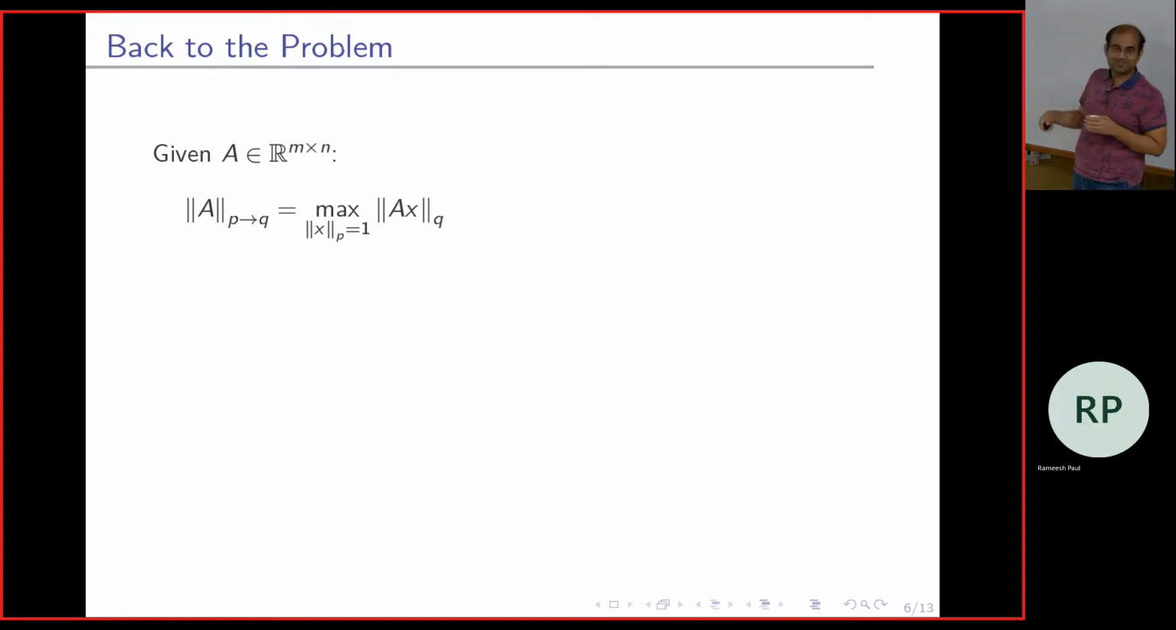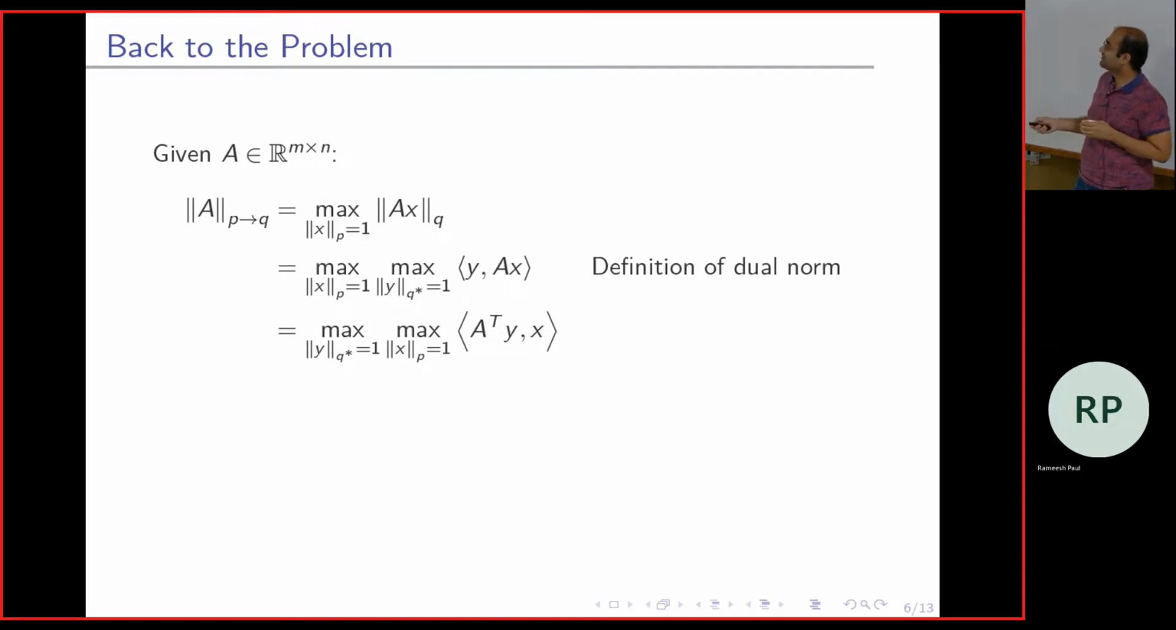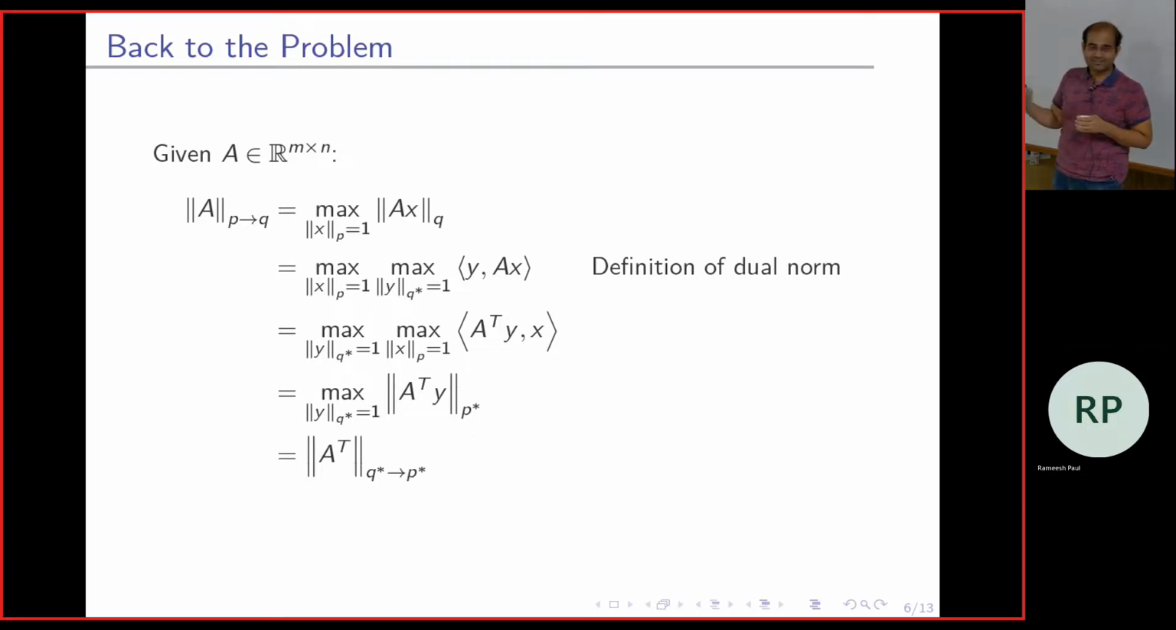Right. So let's get back to the problem. PDQ norm. It's the maximum over this. Now, pretty much by definition of dual norms, you can write this norm by another maximization. And then use adjoint because the adjoint matrix is just a transpose, and then switch x and y. Then that's just q star to p star. That's exactly that. So there is a little bit of a symmetry between the p to q and q star